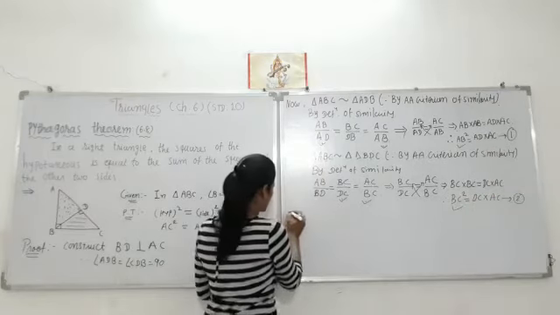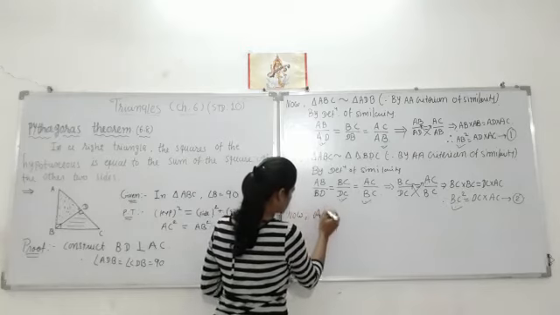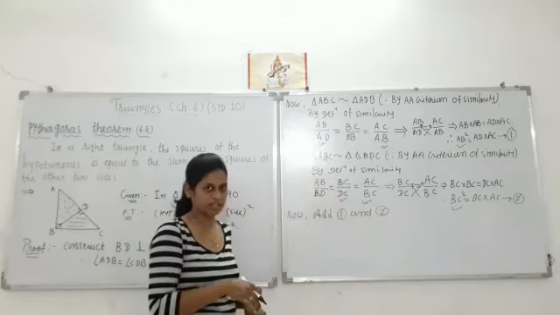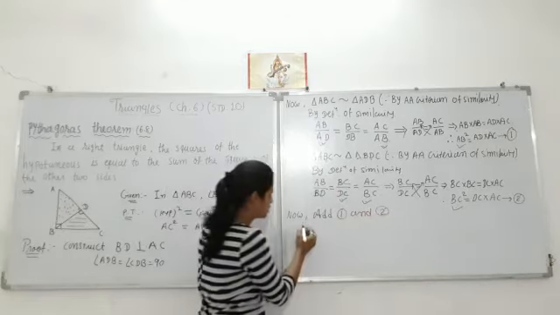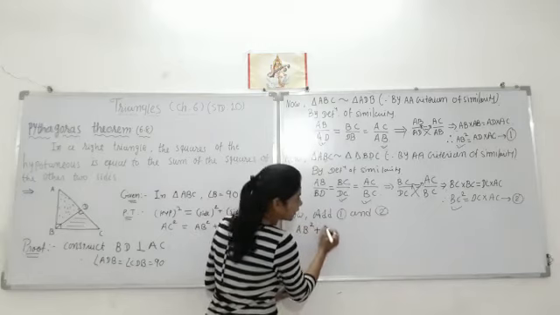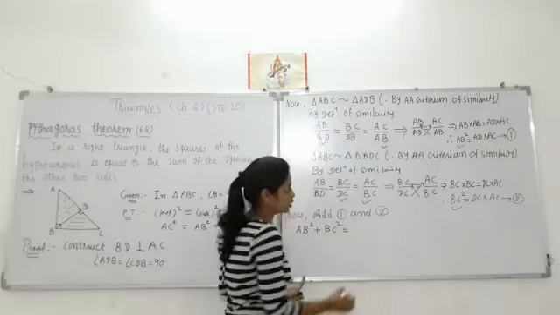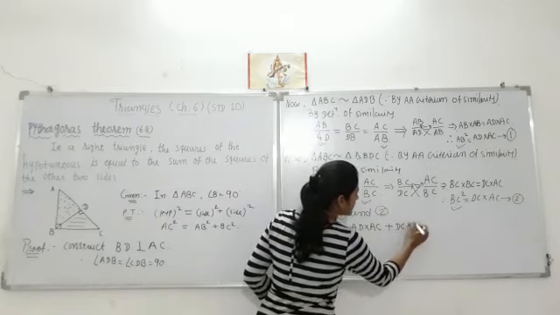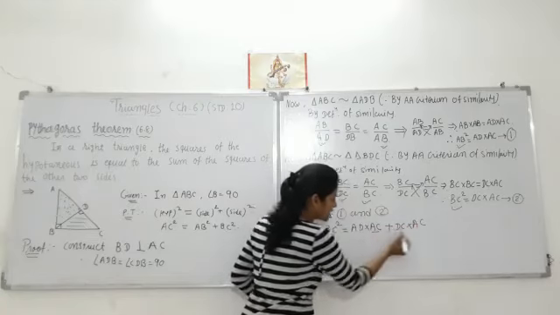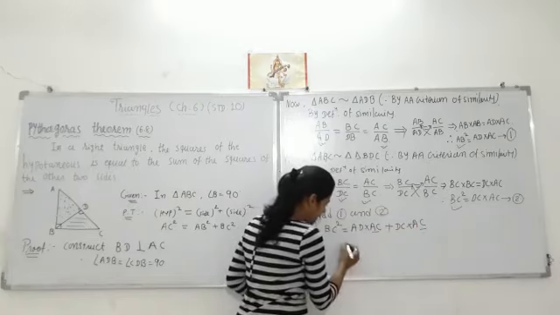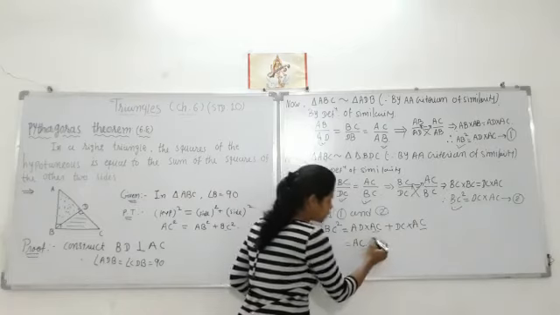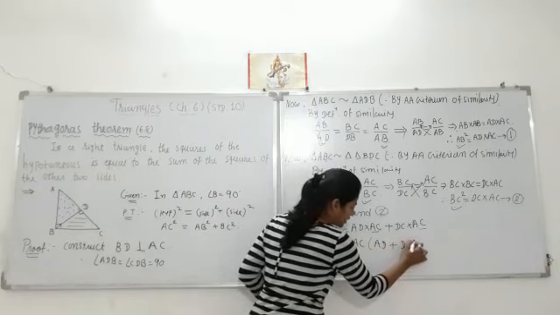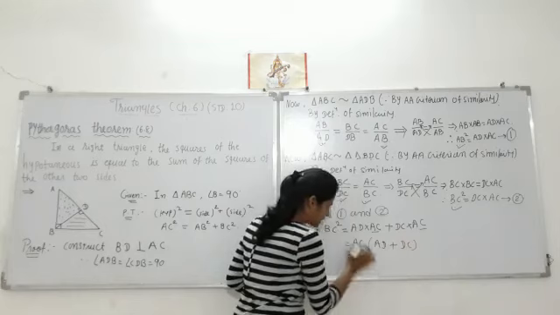That's why you write here, now add 1 and 2. So left side addition with left side, right side addition with right side. So you can write AB square plus BC square is equal to AD into AC plus DC into AC. Now AC is available in these two terms, that's why take it common outside. So in the first term remaining is AD, plus as it is, in the second term remaining is DC. Now write AC as it is.